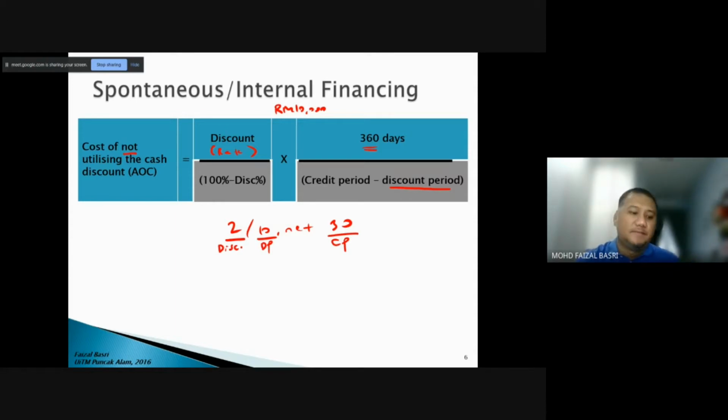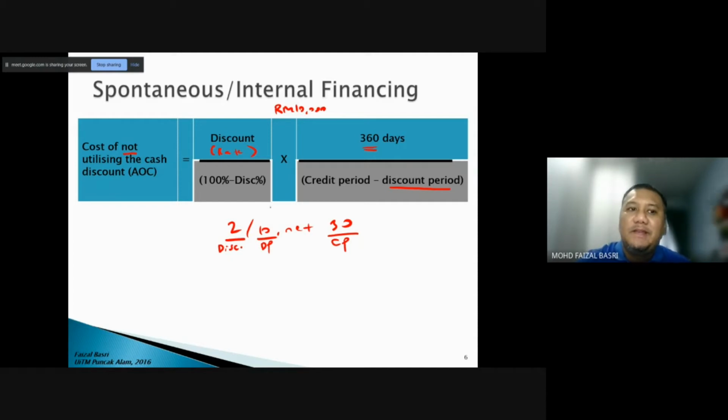Now you have options: whether to borrow from other sources, or use this 10,000 ringgit that you have. Let's say you have the cash. If you have the cash, one thing you can do is pay early in order to get the discount. But at the same time, you have a requirement to do something else, a new project, new investment,